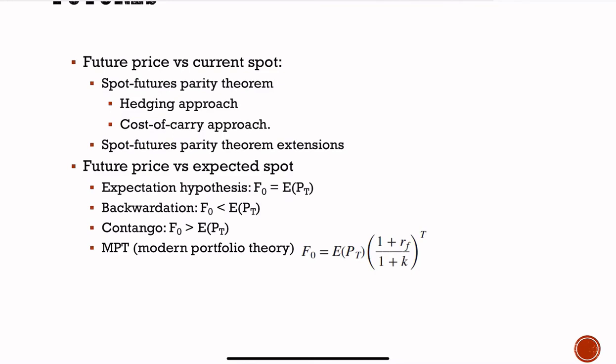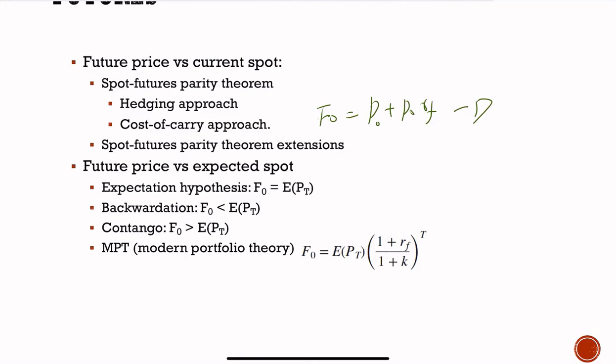And then we talk about two extensions based on this spot futures parity theorem. Remember that the spot futures parity theorem, let me recall what is the formula here. I think it's F0 equals P0 plus P0 RF minus D. So this is the spot futures parity theorem for